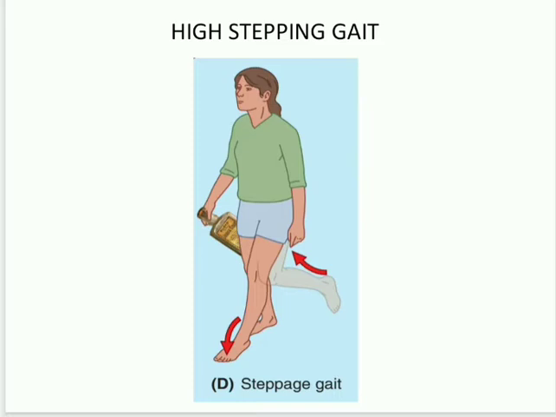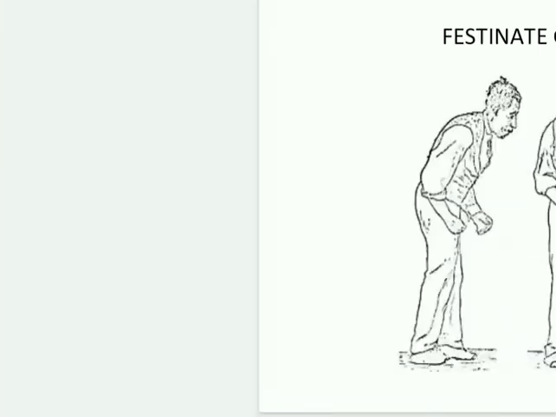The main things to be remembered: dorsiflexors are paralyzed, and your plantar flexors act up. Then hip flexion, slowly raising the foot and keeping it on the floor. And next, the patient can also, without flexing the hip, raise the foot and slowly place it on the ground. High stepping gait or toe dragging gait.